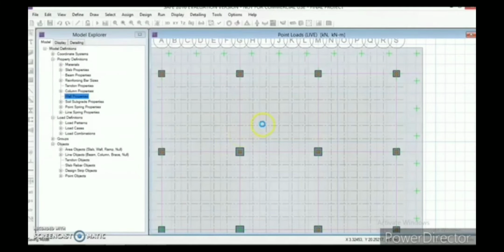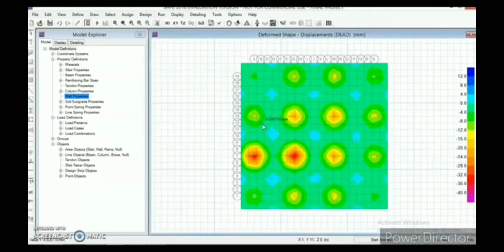Now wait till the analysis is complete. The analysis is being done. Yes, now the analysis is complete. You can see the displacement values of the different slab regions displayed here.